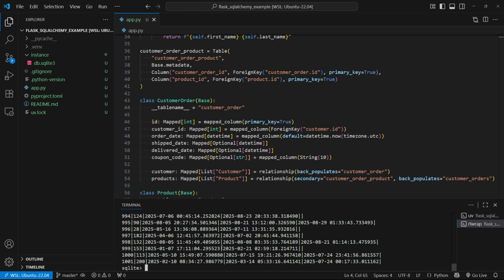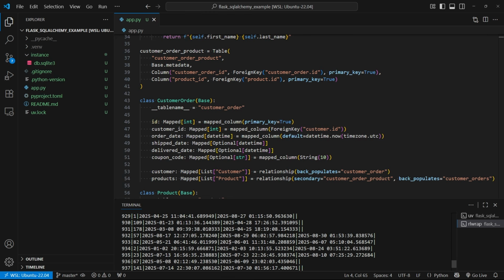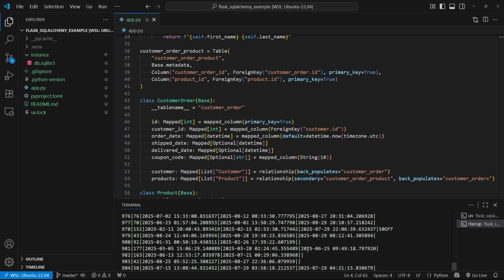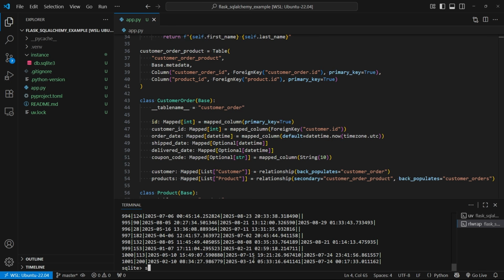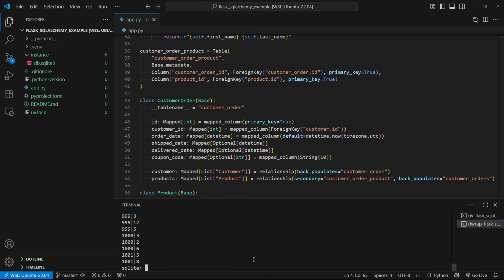And we see I have 1,001 orders in the database. 1,000 were added by my process for generating fake data, and the first one was added by me. And of course, we have the customer order product table that has the relationship between the orders and the products. So all the data is here that I want. This is randomly generated, so I don't know what it's going to end up as, but this makes writing queries